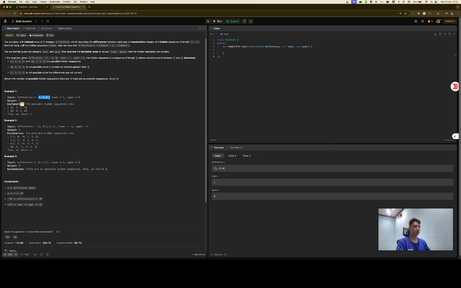For example, these differences have two possible sequences like this, because 4 minus 3 is equal to 1 and 1 minus 4 is equal to minus 3. Okay. With the limit of everything being 10 to the power of 5. Okay, the solution for this problem is